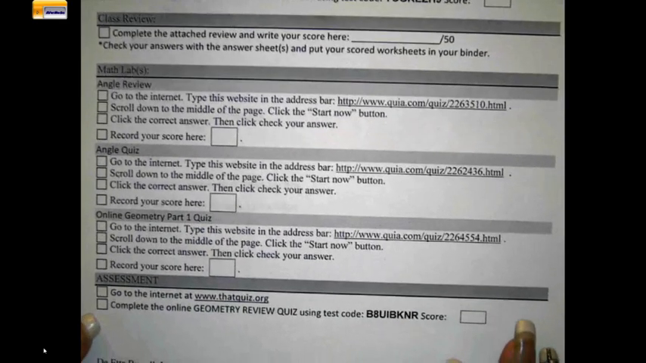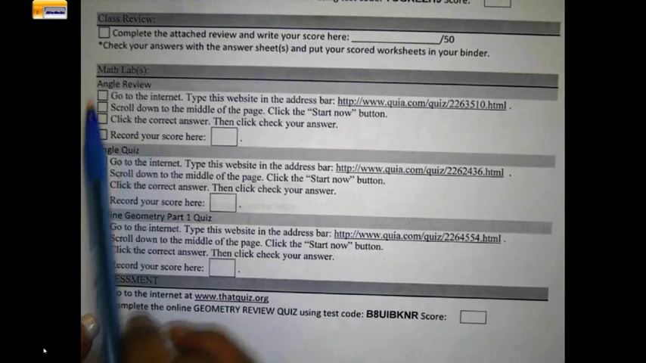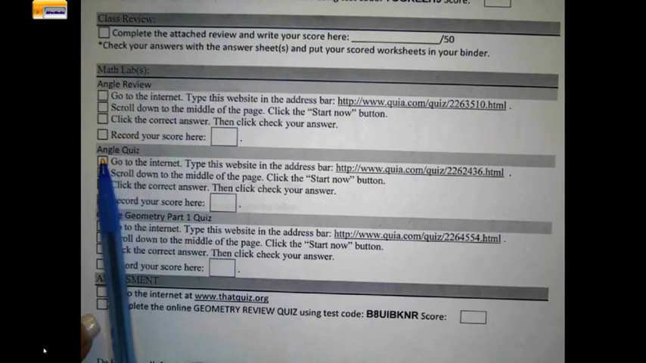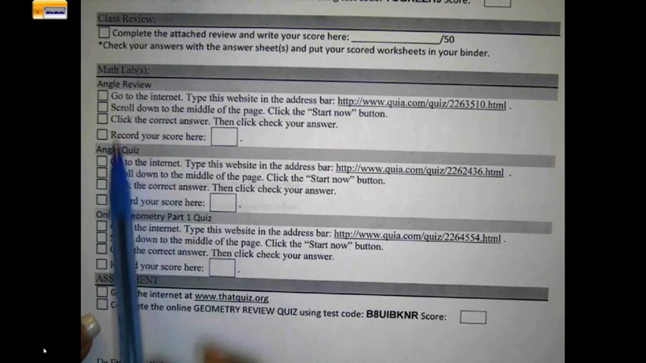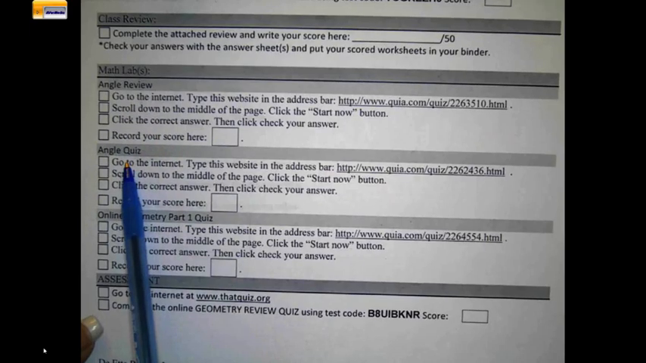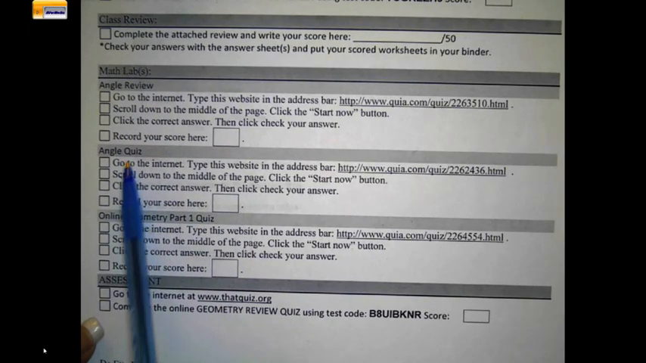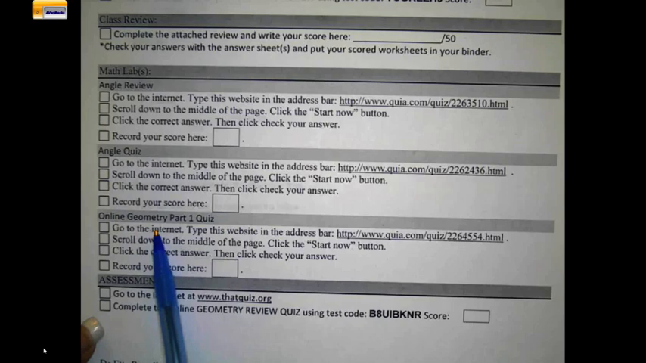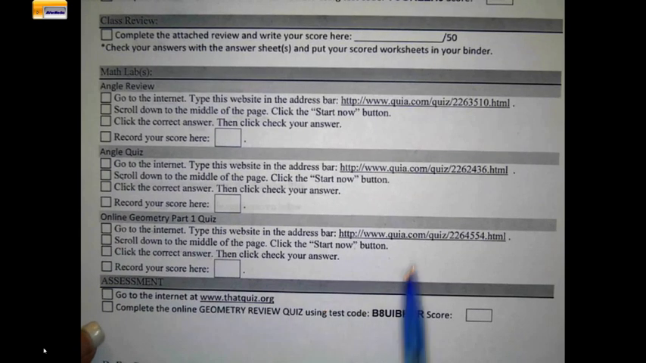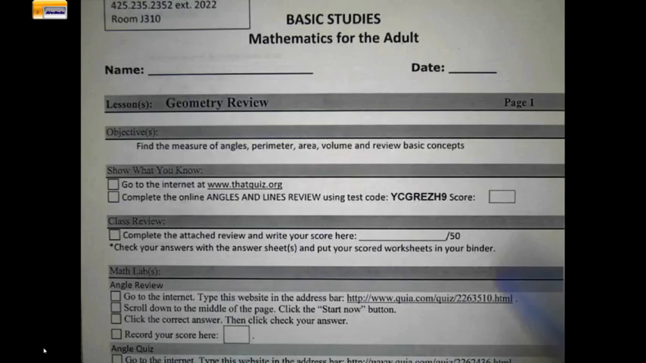Then, required labs today. You have an angle review lab, an angle quiz, because I know you guys forget about your angles that we learned at the very beginning 2 weeks ago. And then you have an online geometry part 1 quiz, okay? Now these are the quizzes that I'm going to be looking for. Show what you know,